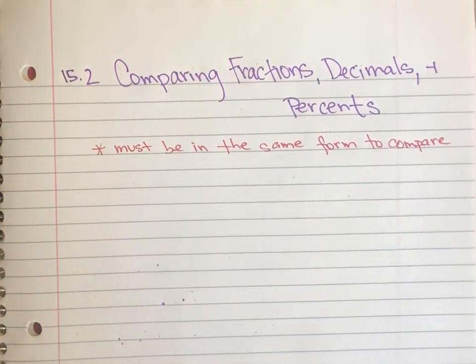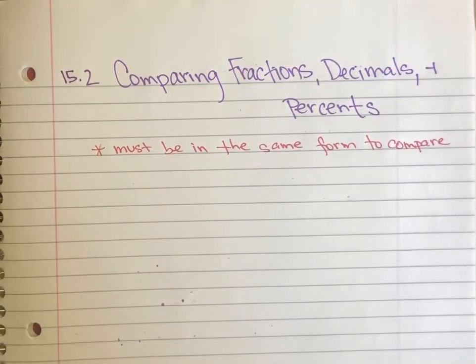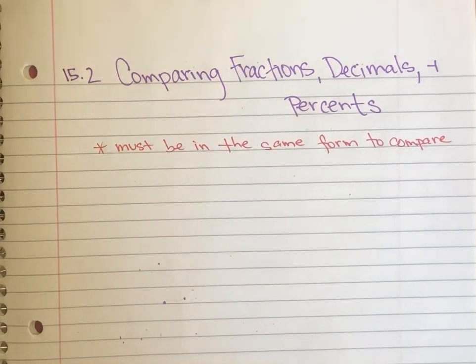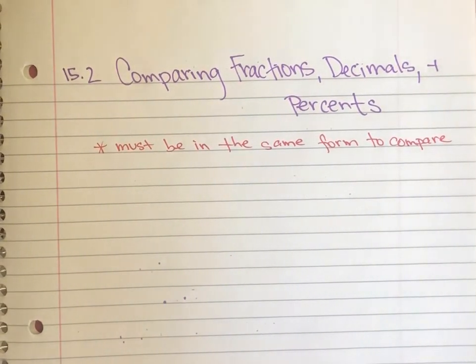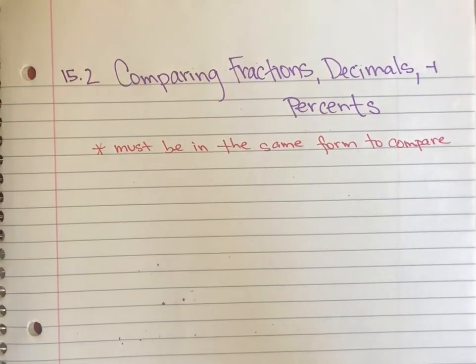Okay, you're gonna find 15.2 is probably more of a review for you. We're gonna compare fractions, decimals, and percents in this lesson. So the biggest thing you need to keep in mind is these numbers need to be in the same form in order to accurately compare them. Or if you already know the answer, in order to provide mathematical proof for why one is bigger than the